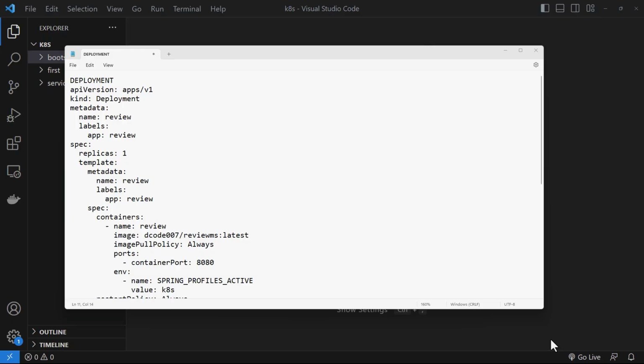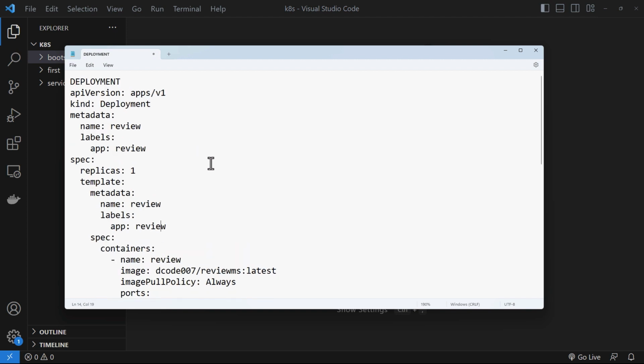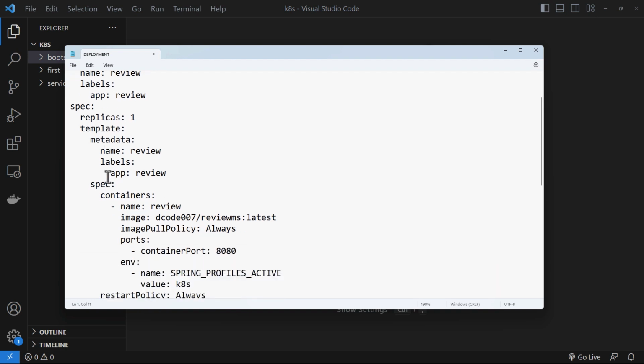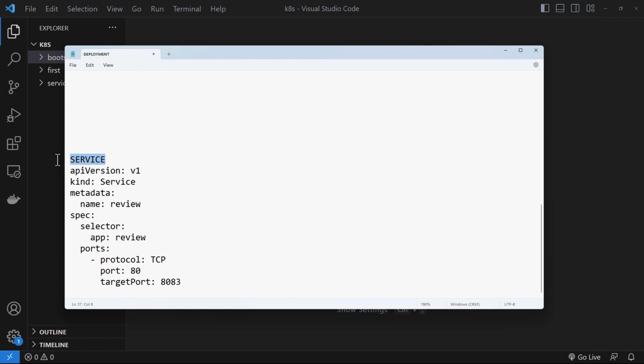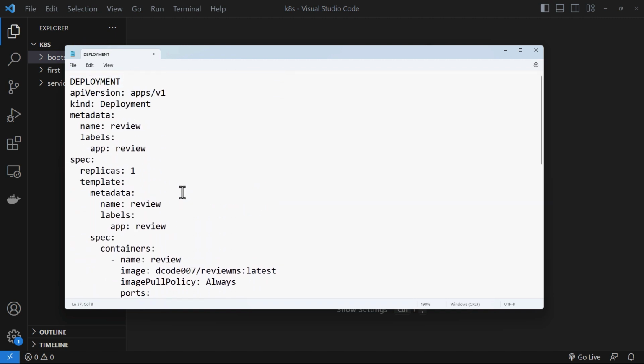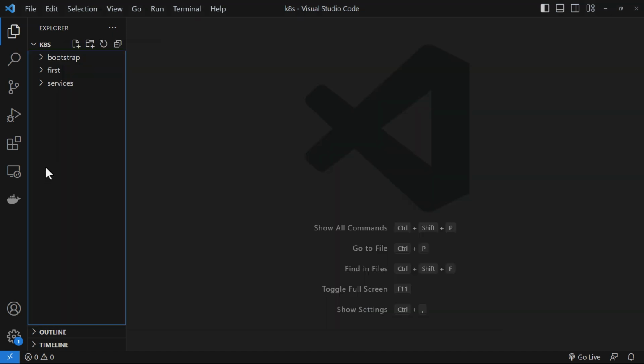Hey there, welcome back. So let us set up the configuration for review service, and we are going to define the Kubernetes configuration for this particular service. So here I have a notepad file created, and I have two things in this file. One is the deployment configuration, and here I have the service configuration. So what I'm going to do is I'm going to move both these things to Visual Studio Code,